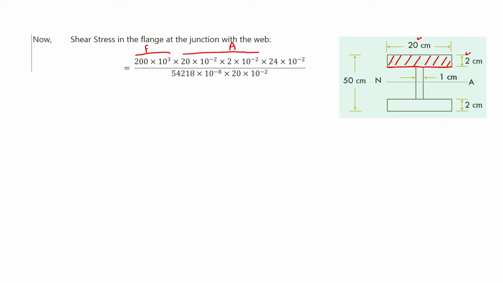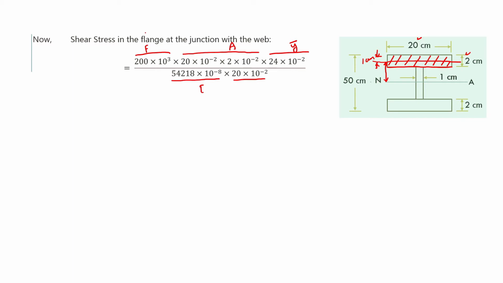जो एरिया हमने कंसीडर किया है उसके सेंट्रोइडल एक्सिस को हम पहले मार्क करते हैं. सो दिस इज द सेंट्रोइडल एक्सिस मींस फ्रॉम द टॉप द डिस्टेंस विल बी 1 centimeter, and from the neutral axis the distance of this centroidal axis will be 25 minus 1, 24. So this is y bar. And upon Ib, so I is the moment of inertia जो हमने अभी just find out किया था. This is I and B is the width.